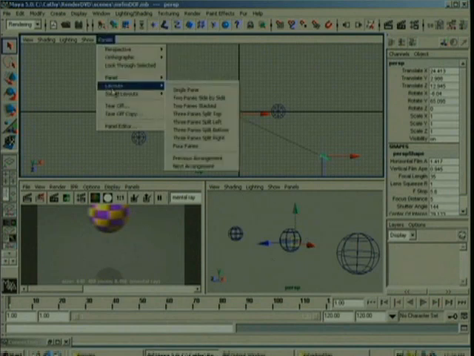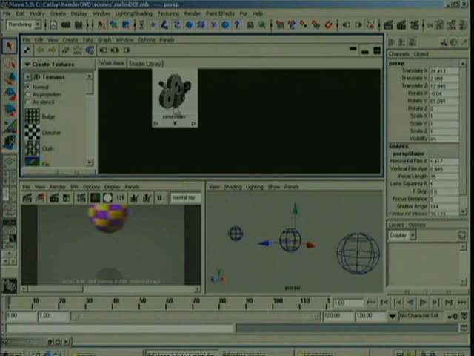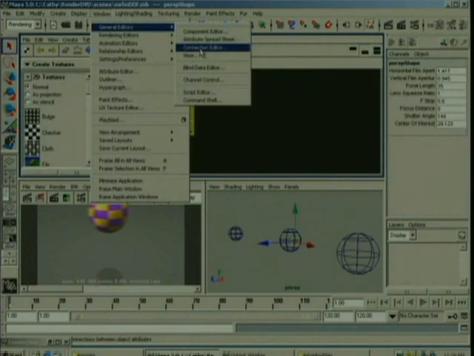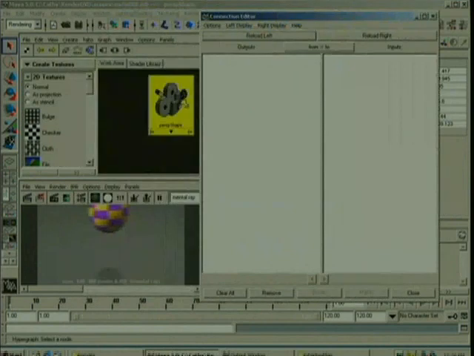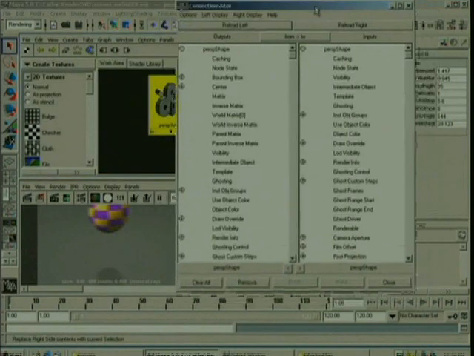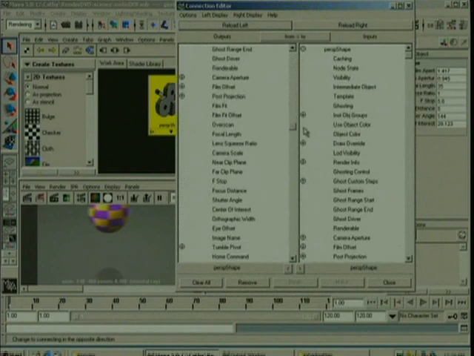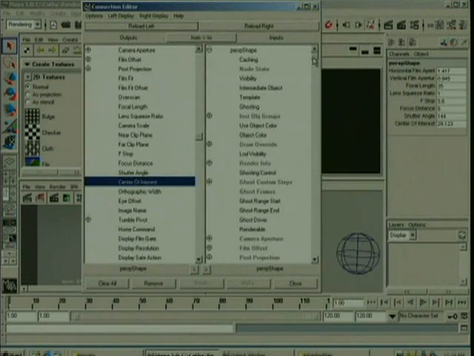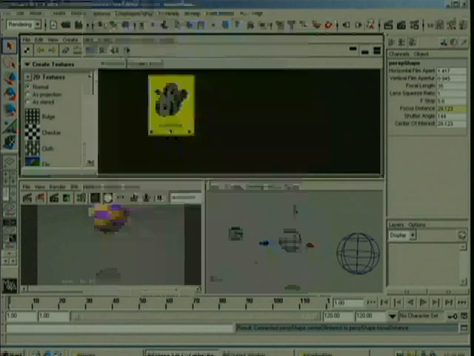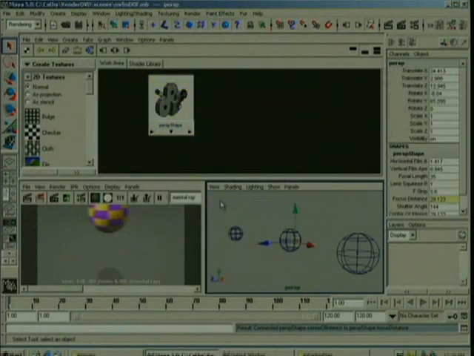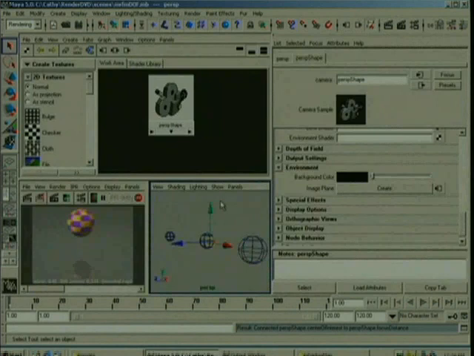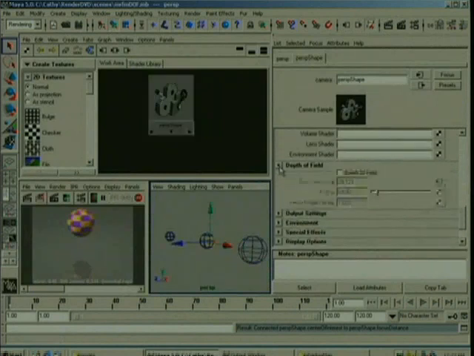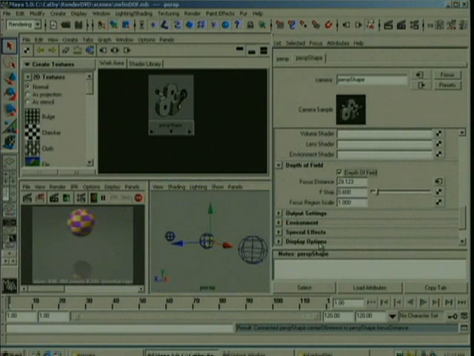So let's go back to the hypershade, panel, hypershade, and open up the connection editor again. The connection is the center of interest, just right there, to the focus distance. I'll just need to make sure that that's turned on in the camera. So we're going to select the camera and go to the attribute editor, and under depth of field, just turn that on. Okay, so now if we do a render,